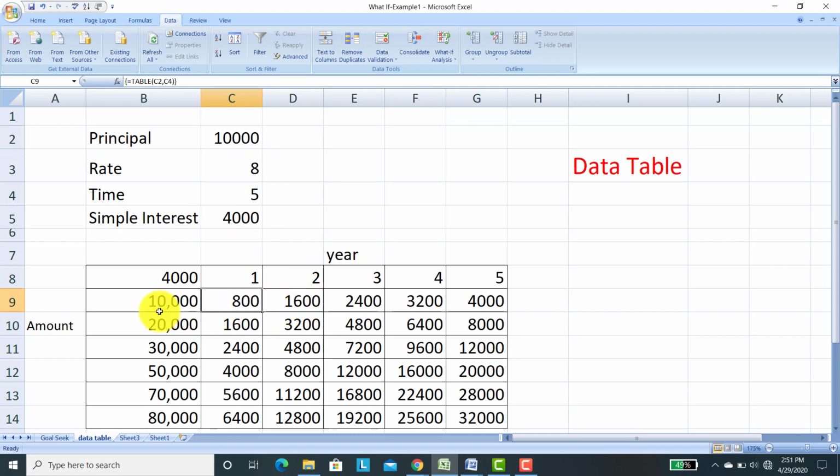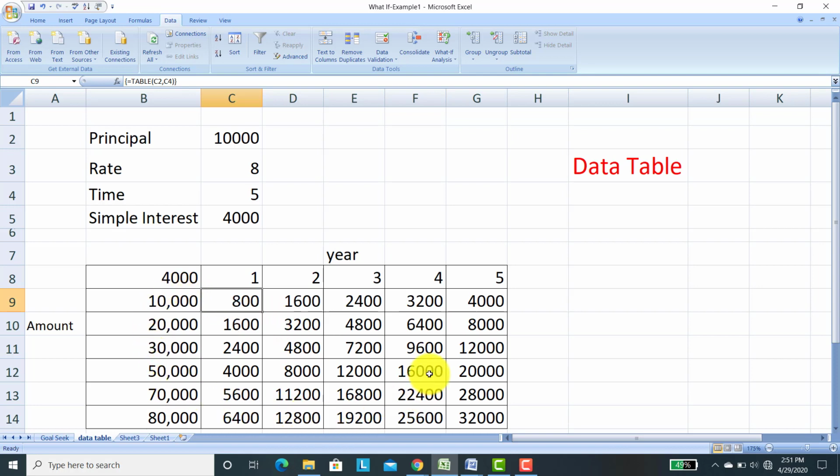For 3 years, 2400 rupees. For 4 years, 3200 rupees. And if you have taken a 10,000 rupees loan at 8% interest for 5 years, then you have to pay 4,000 rupees.